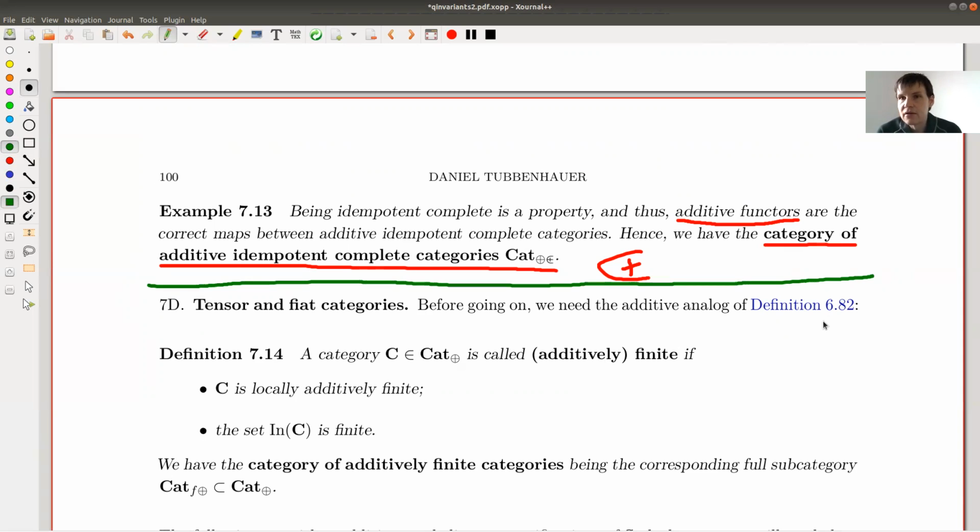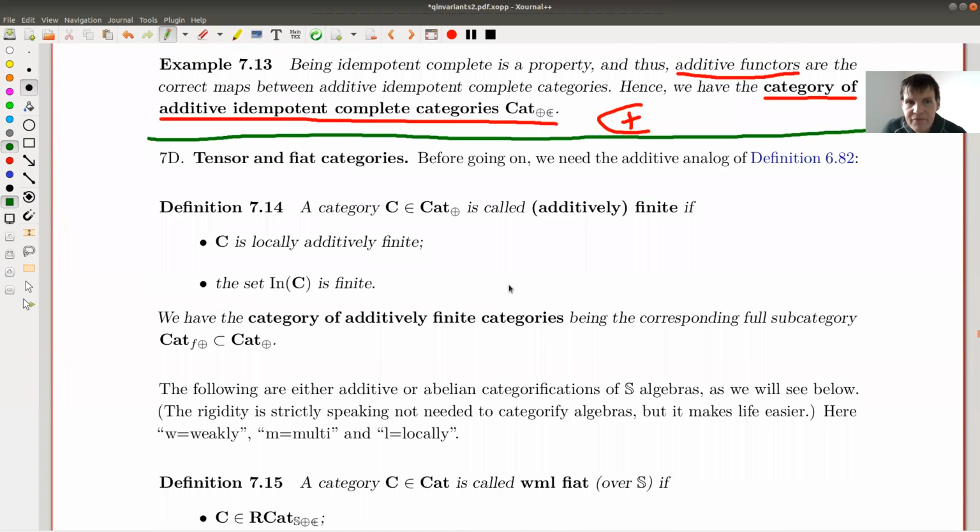What is the right analog of algebras in categories? So what is the categorification of an algebra? So we want to use everything we have seen so far, monoidal, pivotal, rigid, blah, blah, blah, and we want to mix it with the linear algebra part: linear, additive, idempotent complete, whatever, abelian. There will be some finiteness conditions.